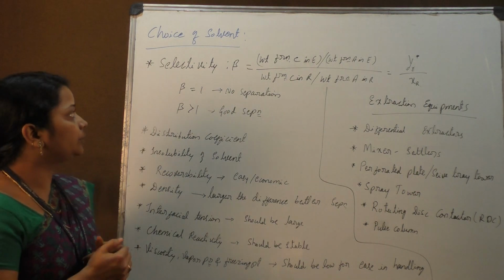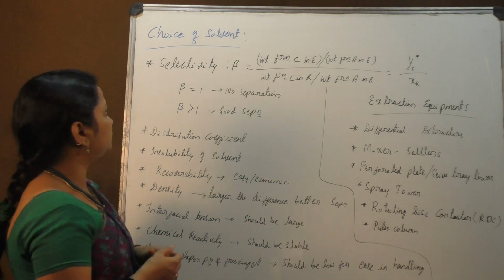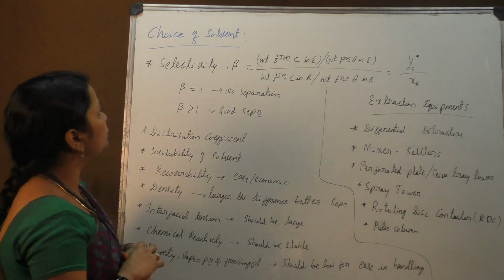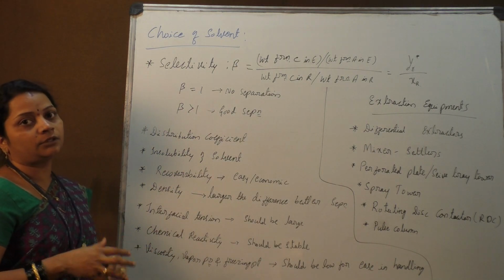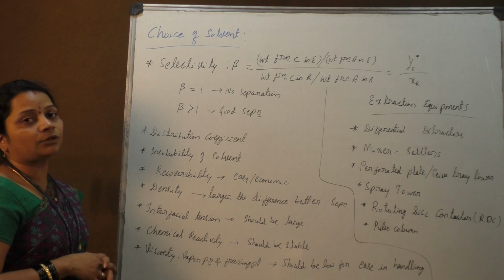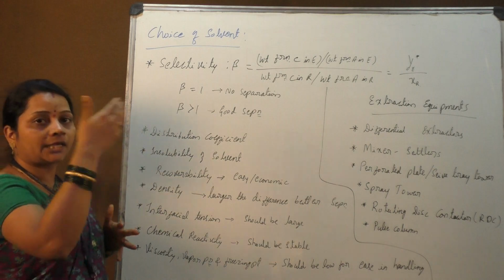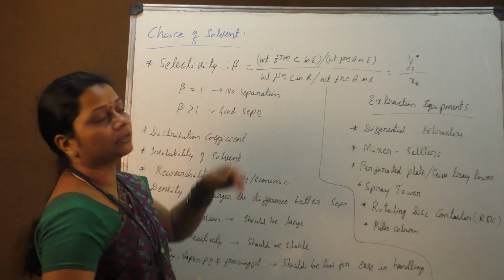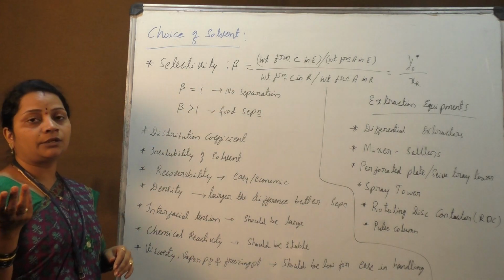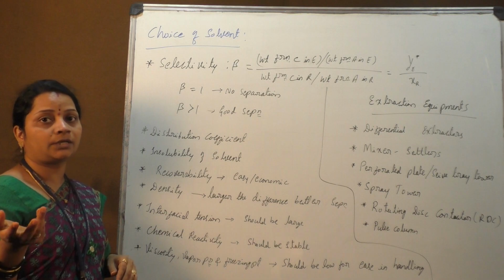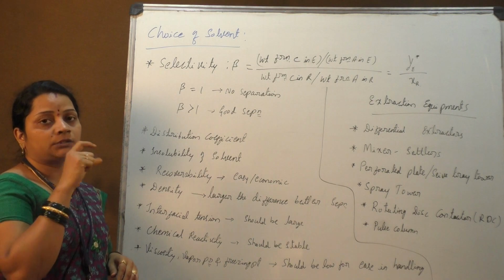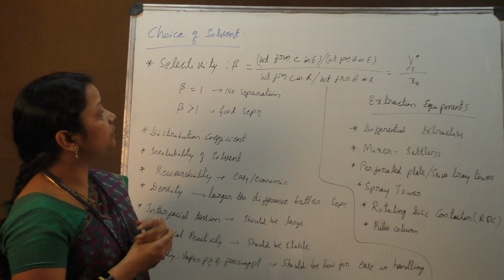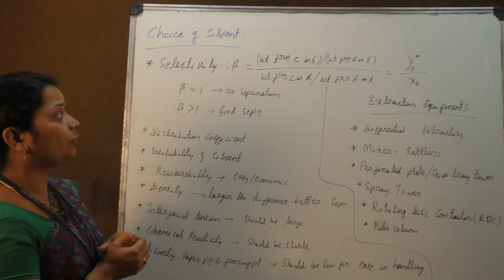So the choice of solvent depends on some of the properties of a liquid necessary for better separation. In that, first and foremost is the selectivity of that particular solvent. When I say selectivity, it is talking about how well it takes up that solute and dissolves it at a faster rate. That is indicated by the term beta here. As in distillation, we used the term alpha, the relative volatility, as the main key point for separation of a component. Here, beta is the main parameter for selection of a solvent for better separation of constituents.